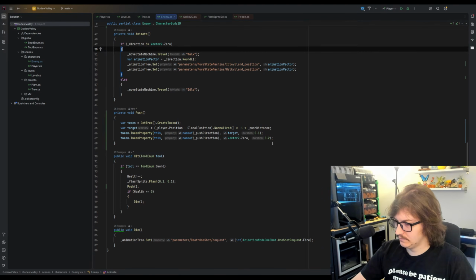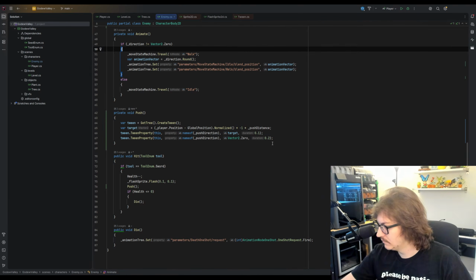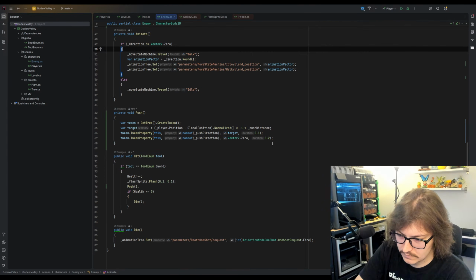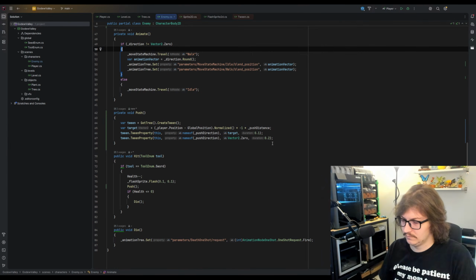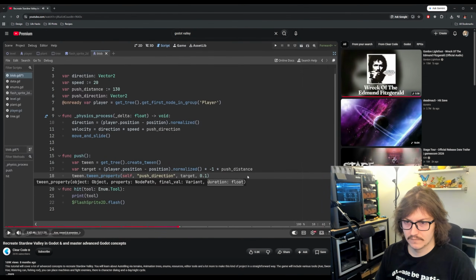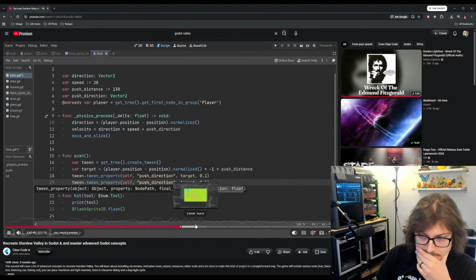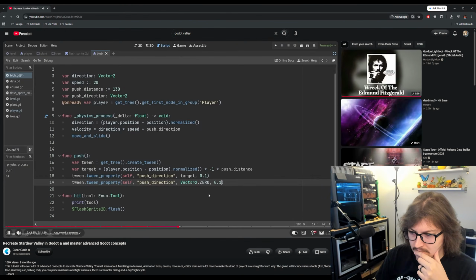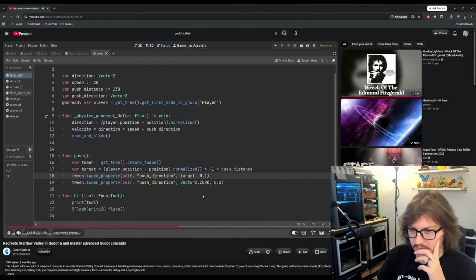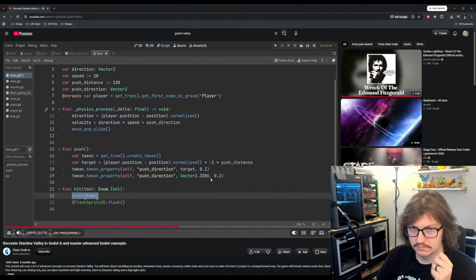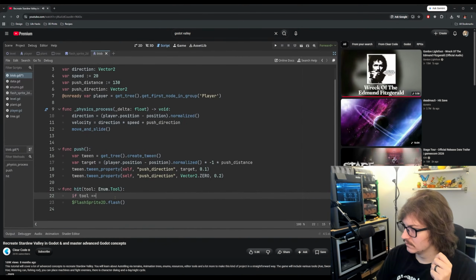Effectively, all I want to do is tween property where I'm targeting the block itself, and then the push_direction variable. The target value is going to be target, the thing we have just done, and for the duration, 0.1 seconds. After that, when the tween is done, the target should be Vector2.ZERO over a duration of 0.2 seconds. So we are pushing the block for this amount of time, and then we stop doing that. All of this changes gradually, which means now inside of the hit function, I can check if body is equal to